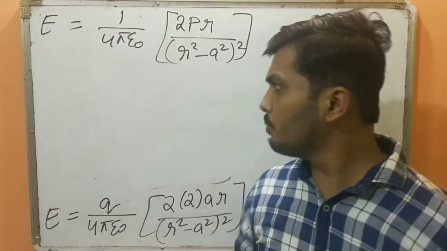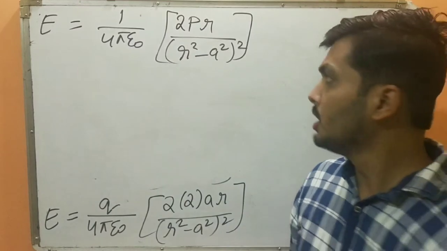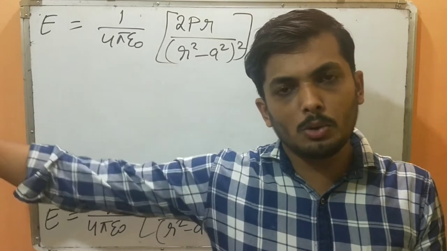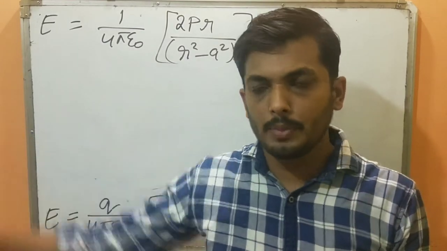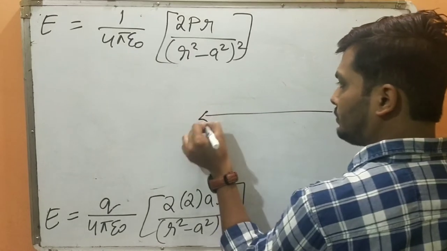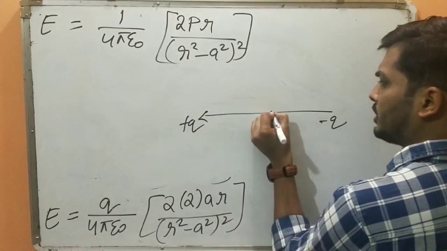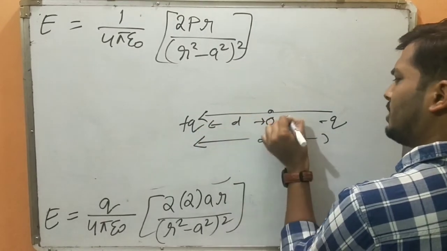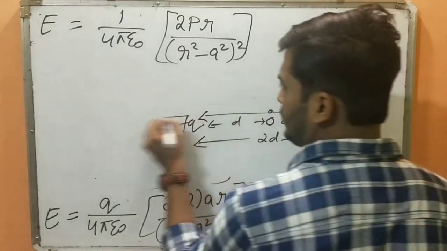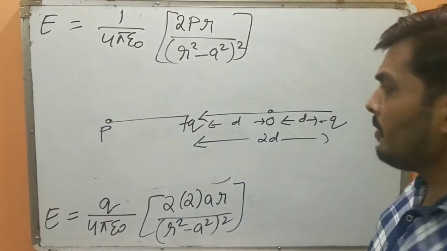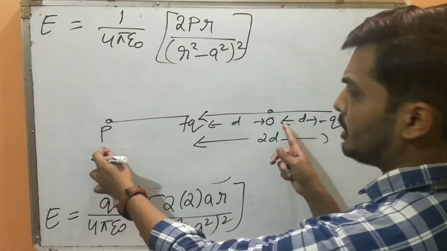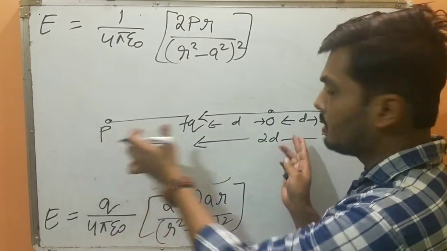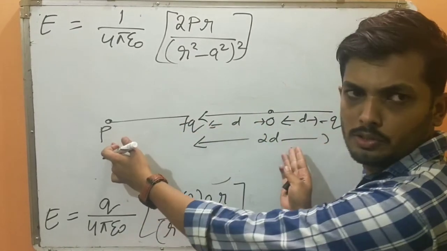So in some textbooks, you can further reduce this equation. Now, if you look at this, the dipole distance is very small compared to the distance of the point P. See here, if you remember the diagram, plus q was here, minus q was here. This was the dipole center, and this was distance 2a, and this was a. Don't mind the labelings, okay? And this point P is somewhere here. So if I compare this distance from the dipole and this distance, we can consider that the small distance is negligible compared to the big distance.